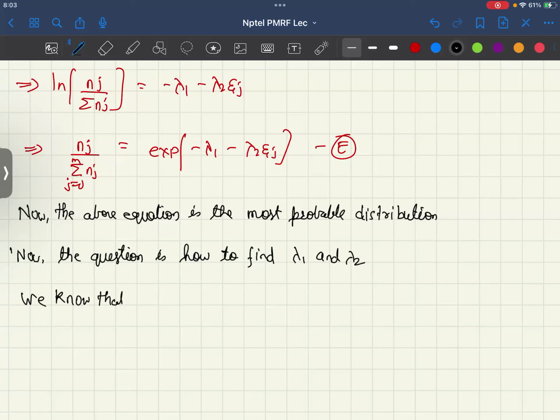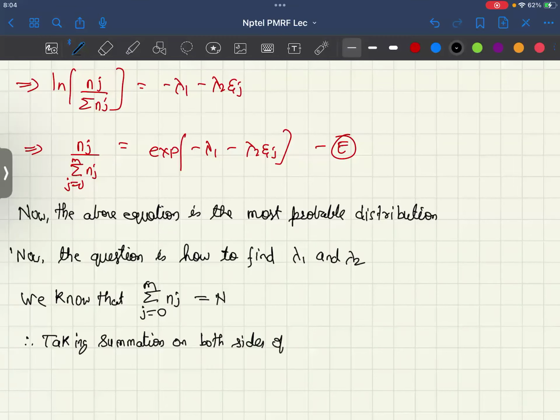We know that summation j equals 0 to m of nj is nothing but N. Therefore, taking summation on both sides of equation E, we get